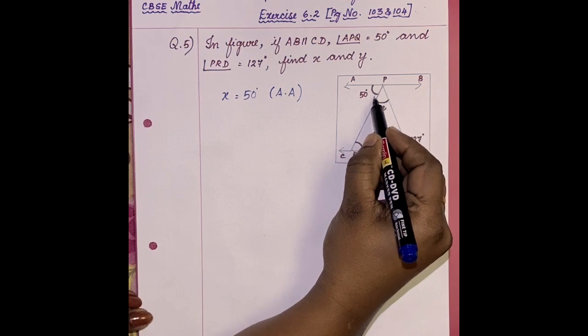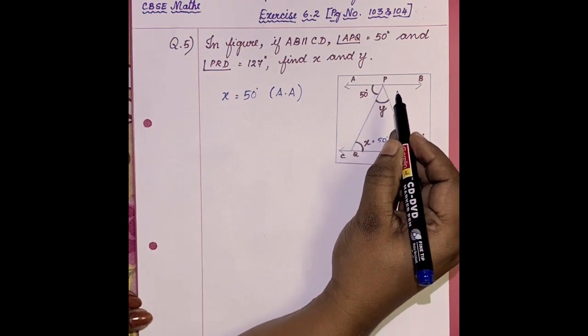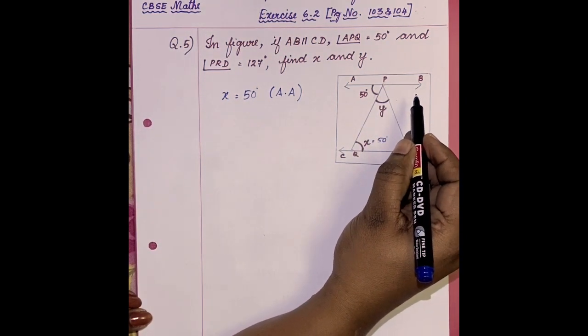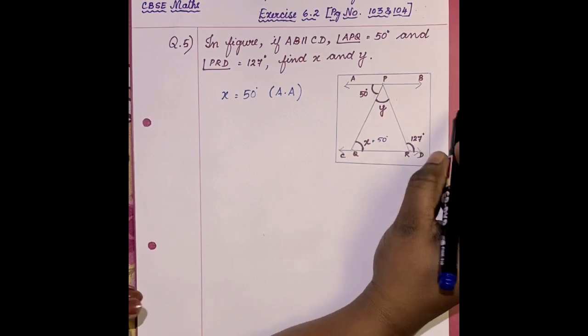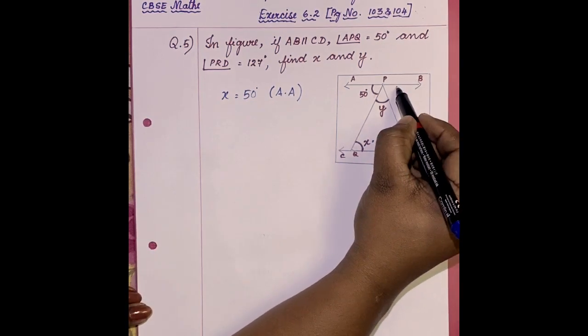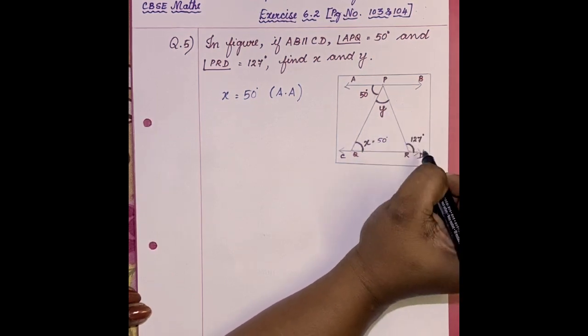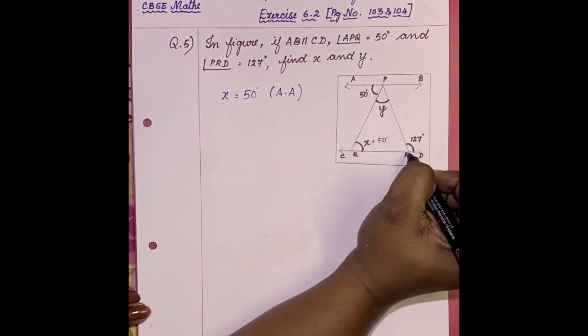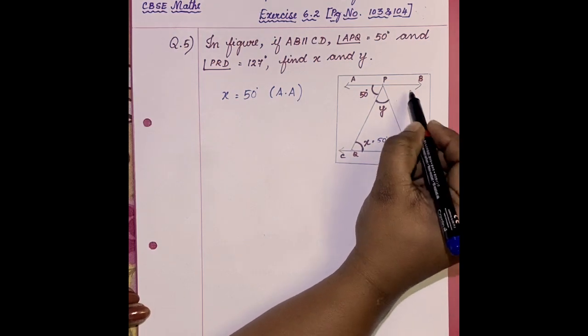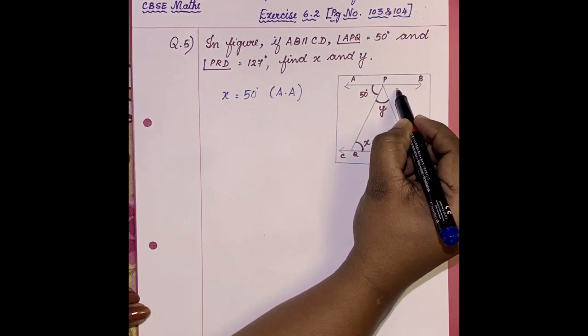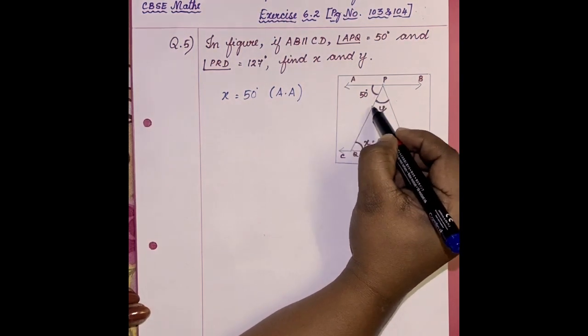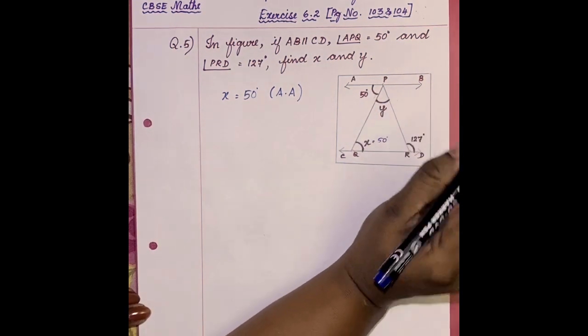Now y. To find y, again you have so many ways of doing it. Looking at it, one way is introducing another angle. Here you can call it angle 1. You can find that 127 and angle 1 are co-interior angles because PR is another transversal. So you can find the co-interior angle, find the value of 1, then use angles in a straight line. There is one way of doing that.